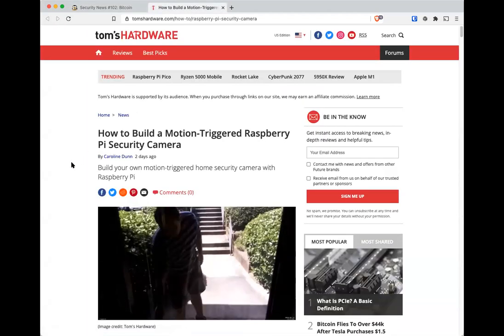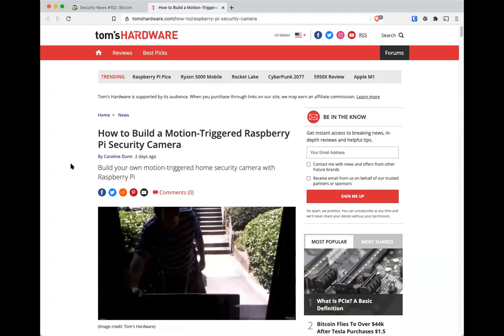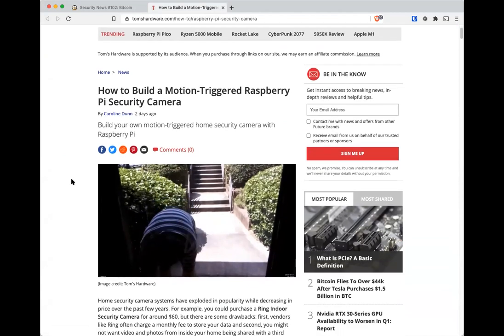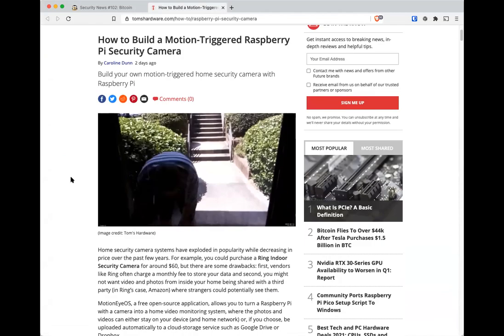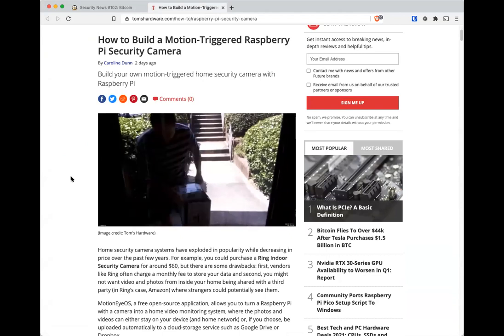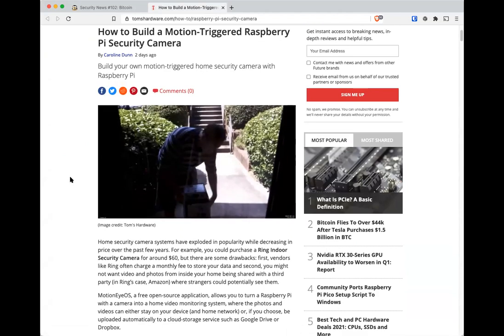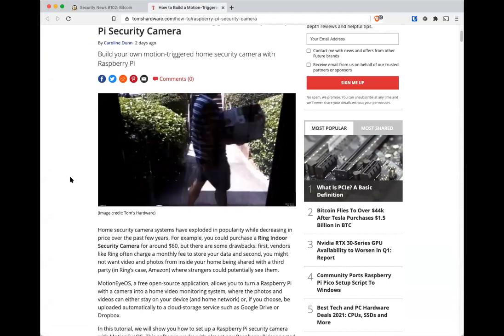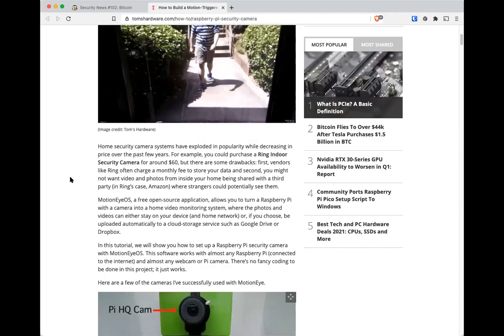So I thought this was a cool project for a multitude of reasons. First off, it's something that can be built cheaply and easily by most folks, with just a little bit of technical aptitude. There's really not a high barrier to entry on this project, but one of my favorite things about this is